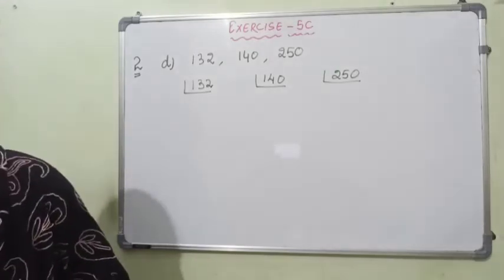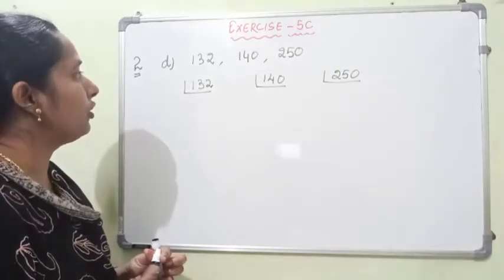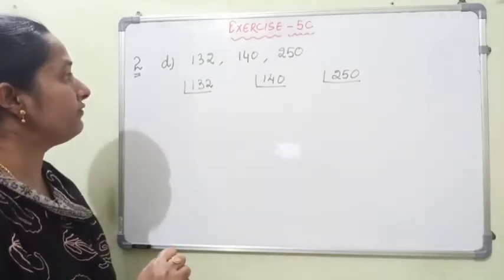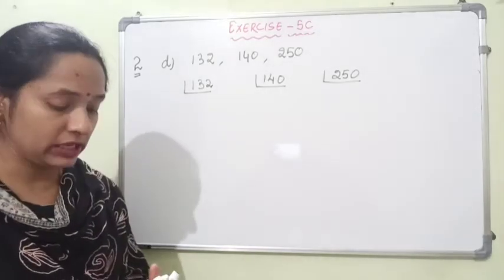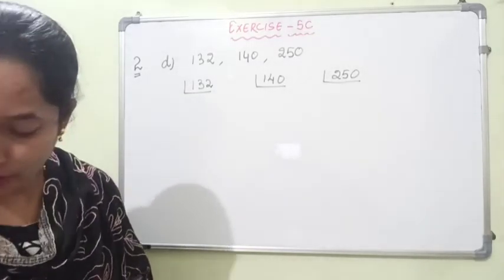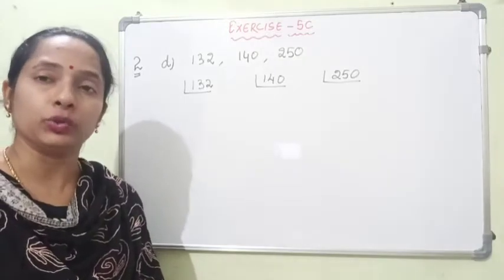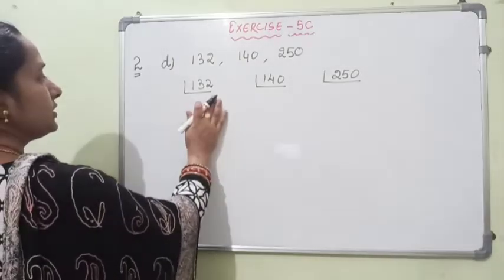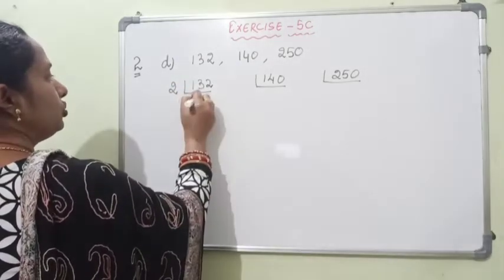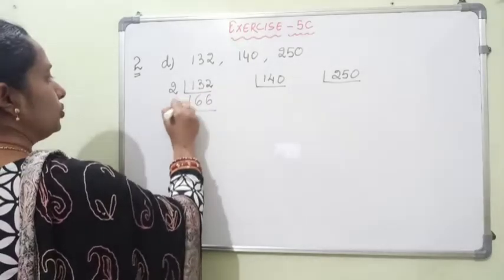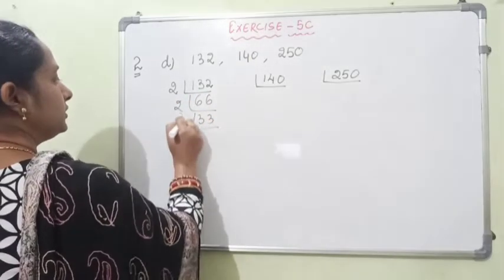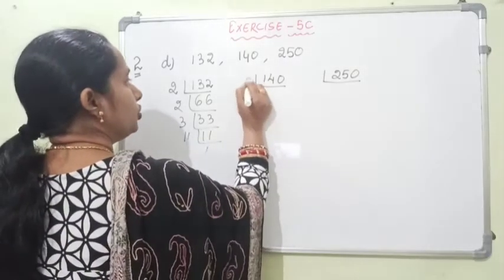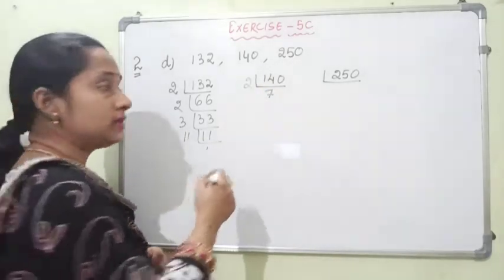So here what will we do? We will try to find the prime factors of all these given numbers by dividing them by prime numbers only, starting from the least prime factor, isn't it? So what is the least prime factor, children? 2. 2 is the least prime factor. So here as 132 is an even number, it can be divisible by 2. 2 sixes are 12, and 6 is 12. 2 33s are 66, 3 11s are 33 and 11 1s are 11. Next comes 2 7s are 14, isn't it?